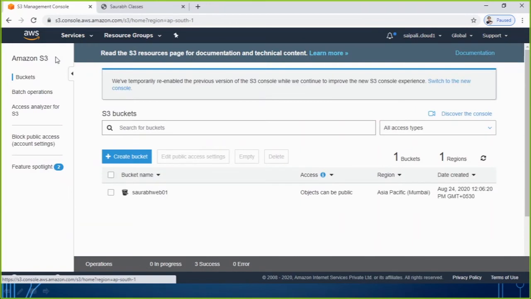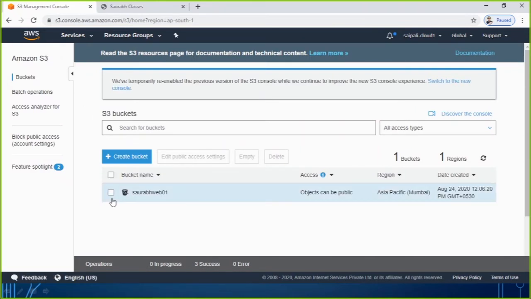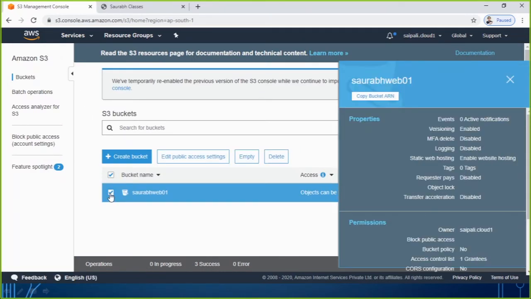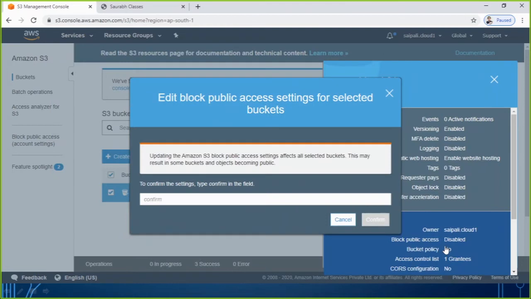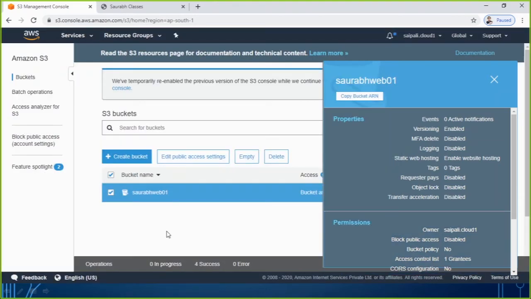Thereafter, to make it publicly available, we went to the bucket. We went to edit public access settings and we removed the block. We confirmed it. This is what we did, I am just repeating for better understanding.